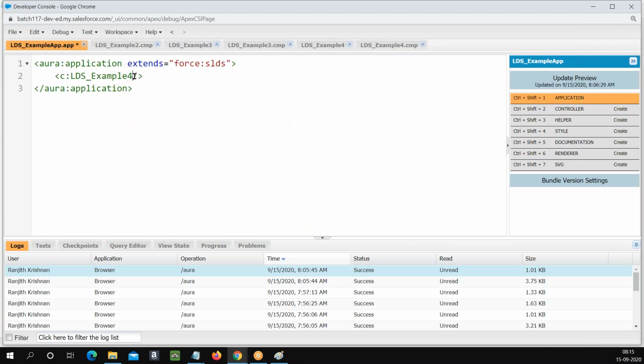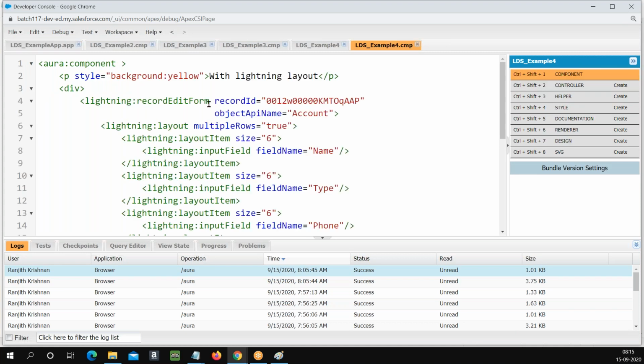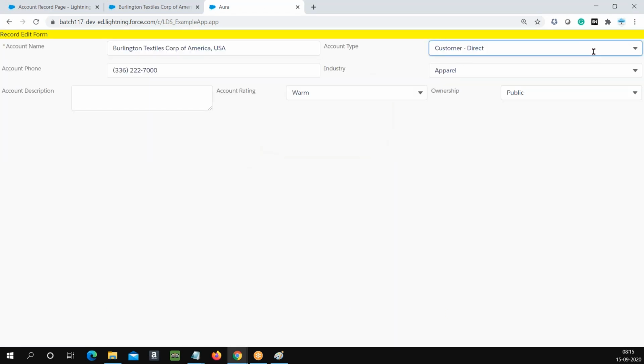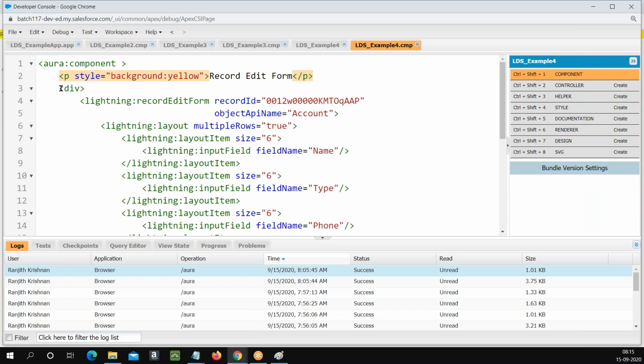Let's do this. Okay, it's available in the edit mode. Right? If you are going to create a record,